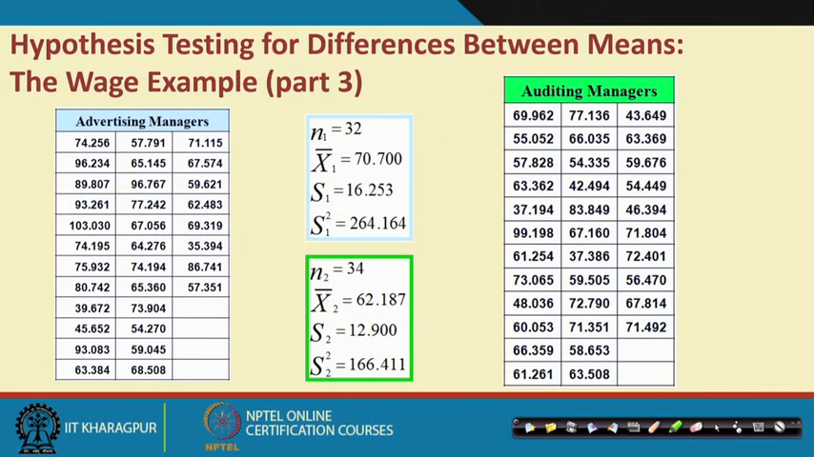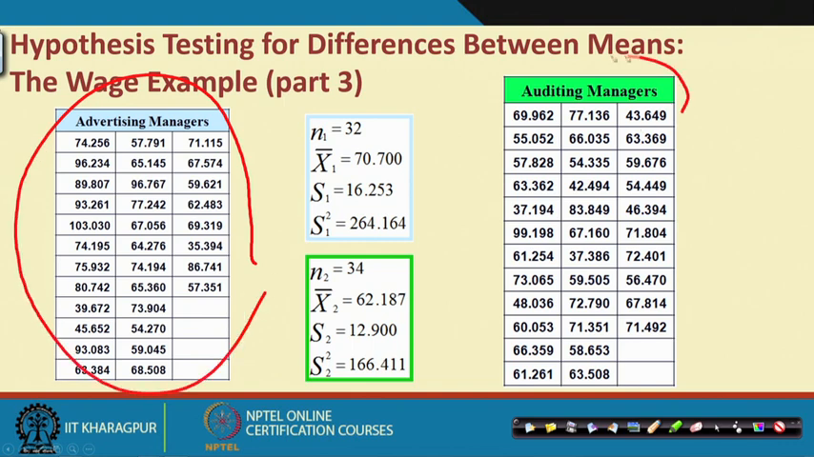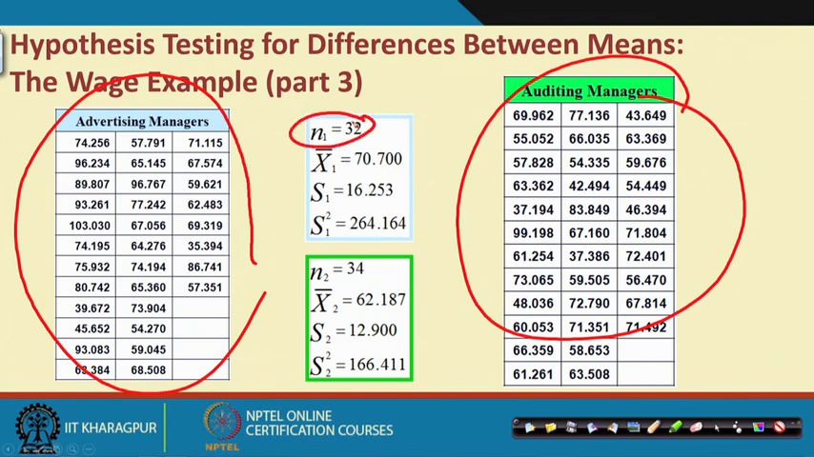So now, for the sake of understanding, we are taking two different data sets. This is the case of sample 1 and this is the case of sample 2. In the first case, the sample size is 32, that is n1, and using all the sample points we will calculate the sample mean, that is x1 bar, and in this case it is coming 70.7, and the corresponding sample variance is